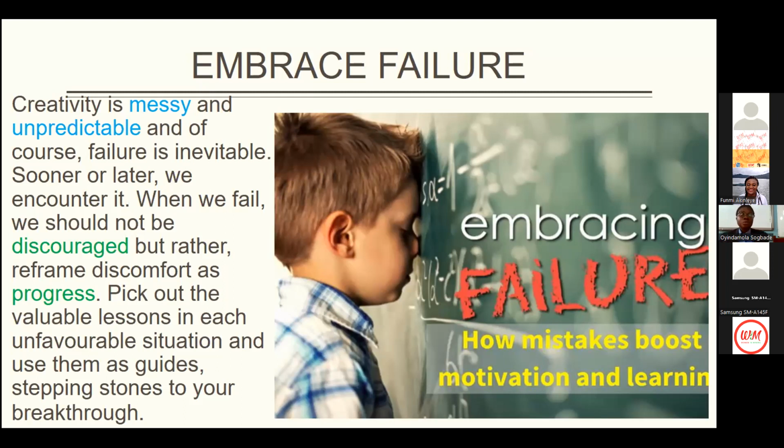And that is true. Every time you fail, you have narrowed down the endless possibilities, or the endless experiments, if I may, that you have to conduct to make a theory or make an invention work. So you narrow down the things that you have to do because of the failures that you have. So do not be discouraged, but frame discomfort as progress. Know that yes, you are moving forward. You have failed, but you will not stay on the ground. So keep moving, keep pushing, because you will soon reach your open door.